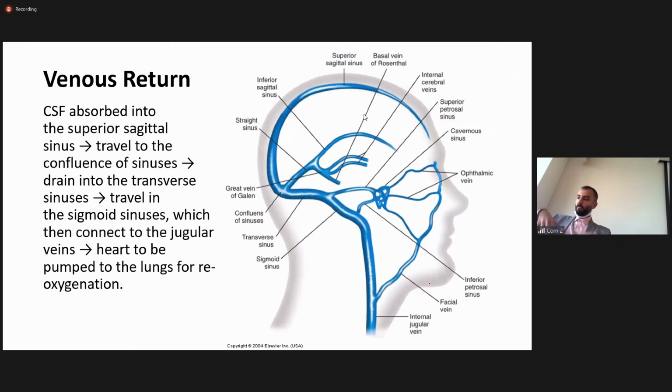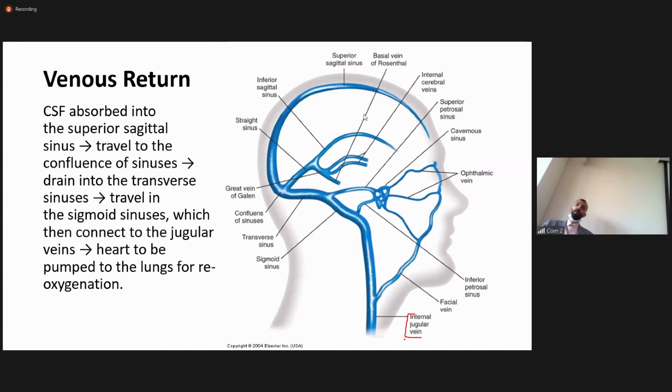Now, once the CSF has exited the subarachnoid space into the superior sagittal sinus, it will travel into the confluence of sinuses, then into the sigmoid sinus, then into the internal jugular vein, going back to the heart to be pumped to the lungs for reoxygenation. So